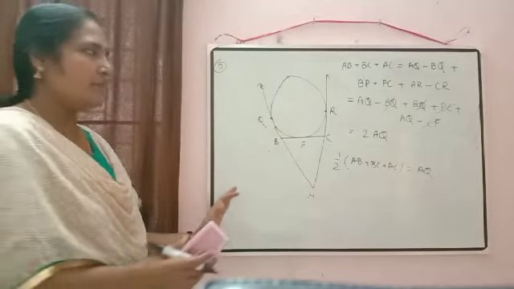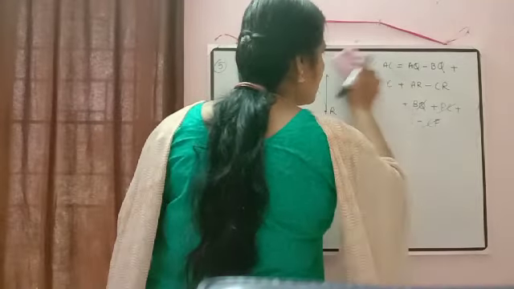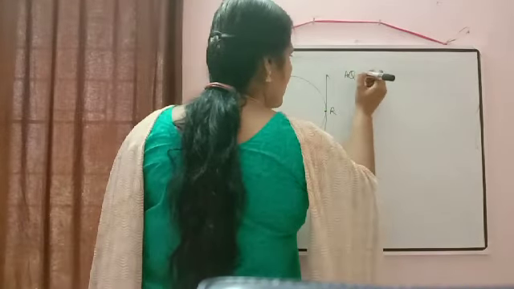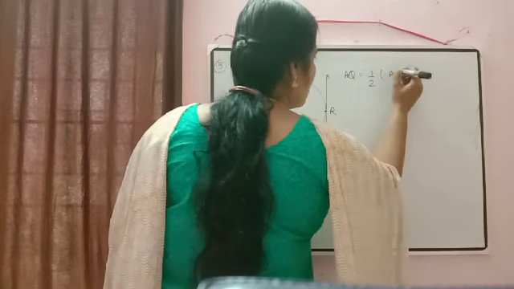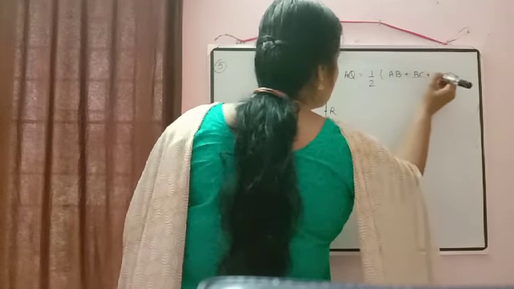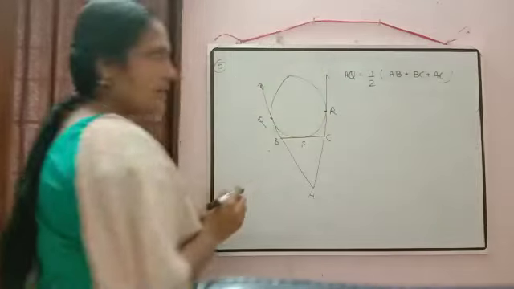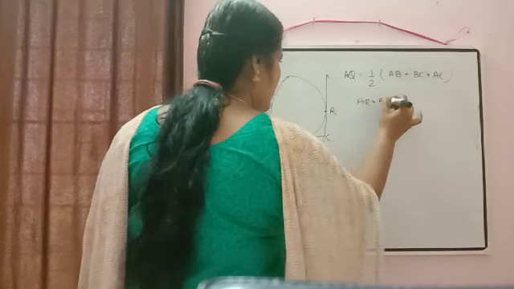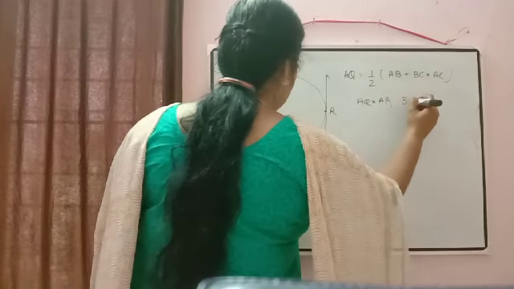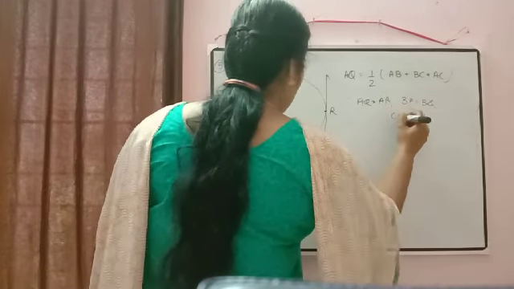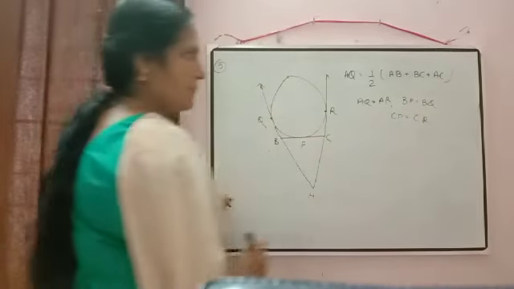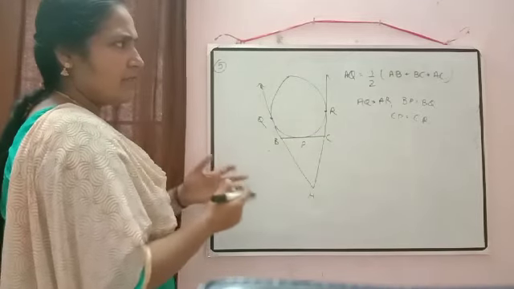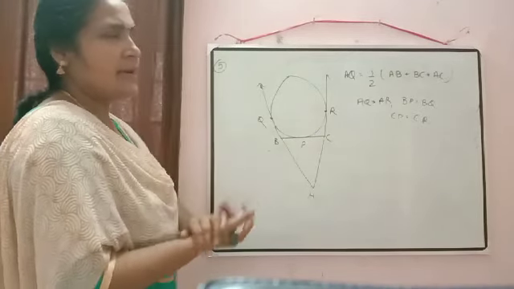Now if you don't want to prove in this way, as we did in the previous question, in that way also you can prove there. What we have to prove here is AQ is equal to half of AB plus BC plus AC, correct? And the property which we wrote there was AQ is equal to AR, then BP is equal to BQ, CP is equal to CR. These are the properties which we wrote there. Now using this property and the diagram, we can check how we can rewrite that one.